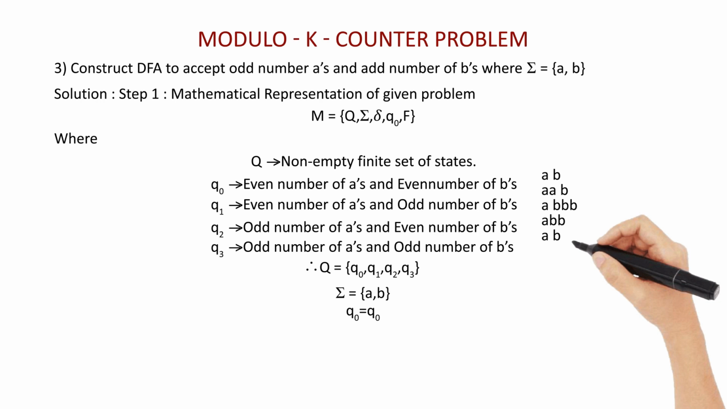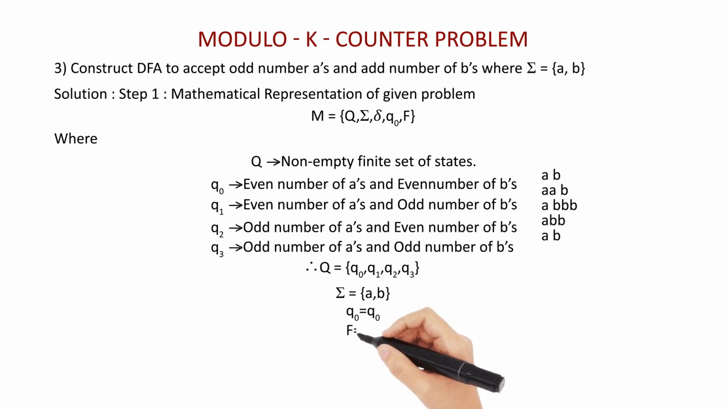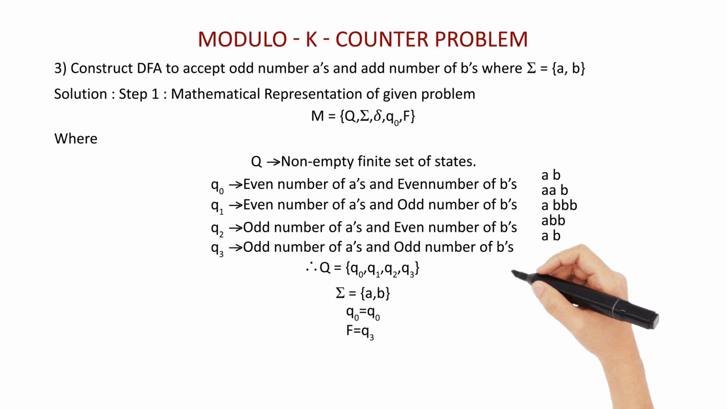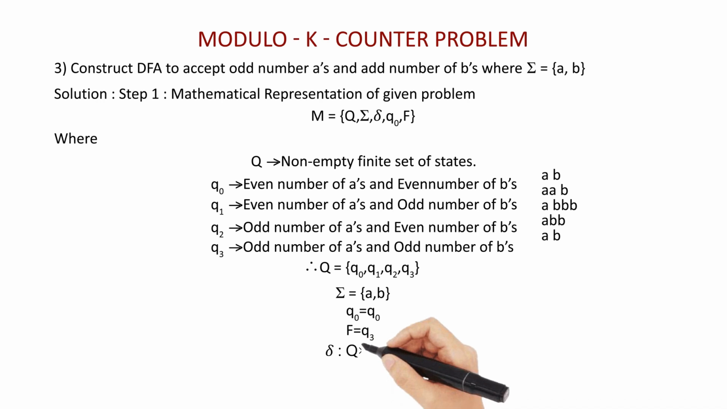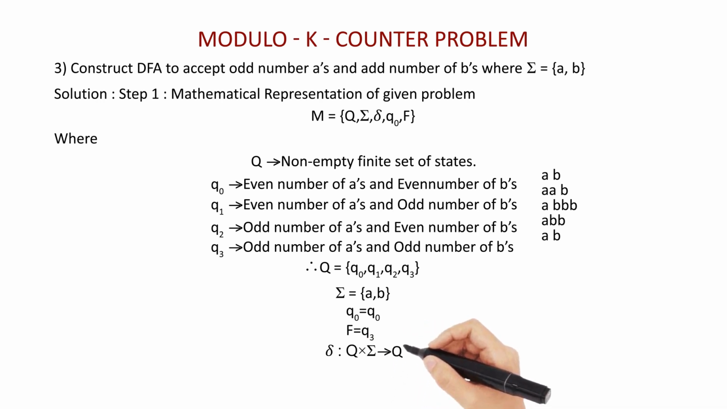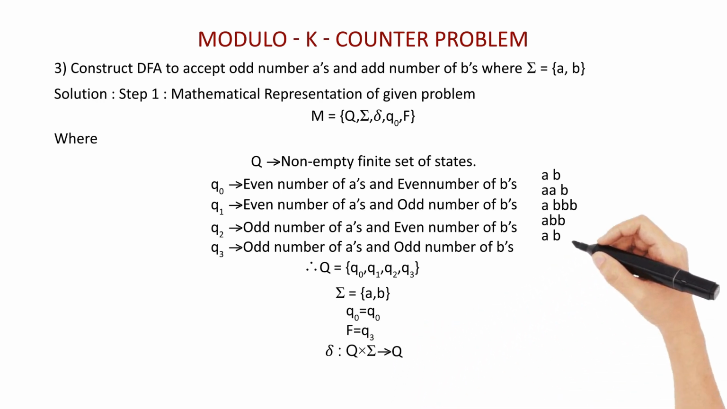Okay. And F is representing the final state. So the machine has to accept odd number of A's and odd number of B's. Which is the state that is representing odd number of A's and odd number of B's? Q3 is the state that is representing odd number of A's and odd number of B's. So Q3 becomes my final state. Then transition function Q into sigma, which gives some state. Now